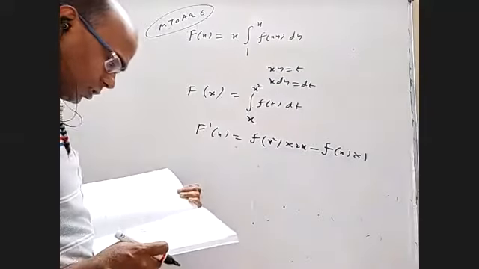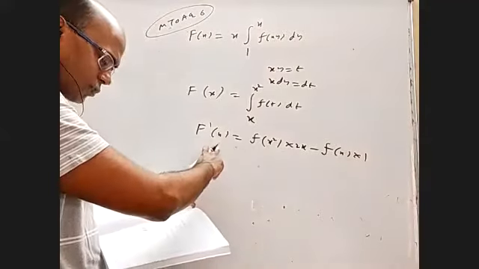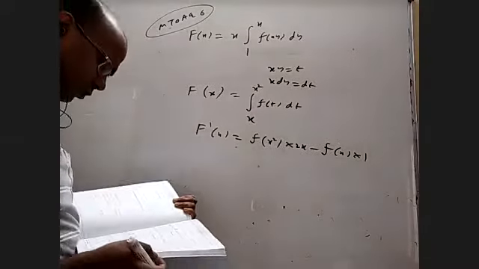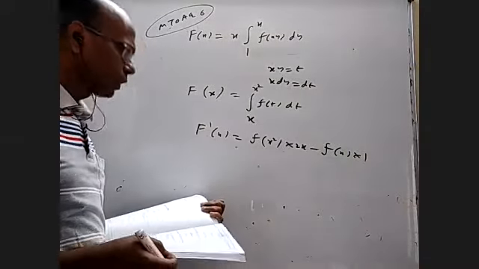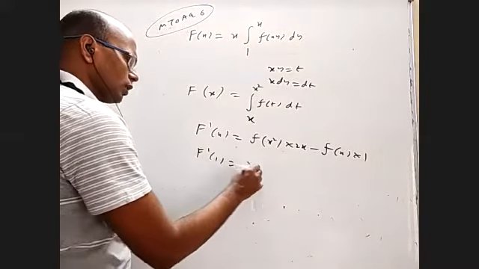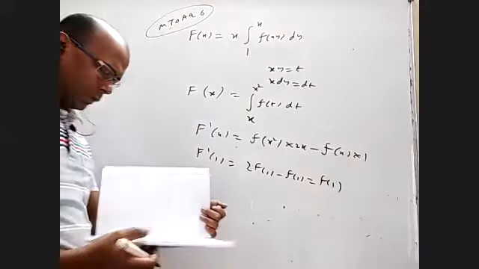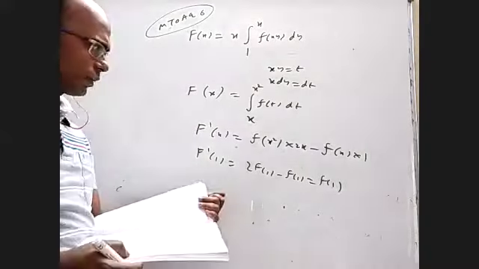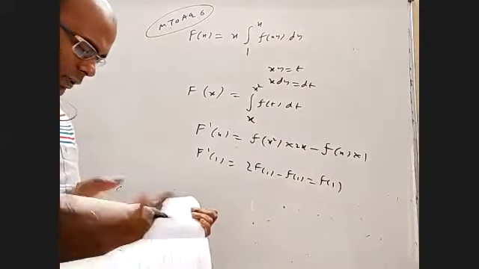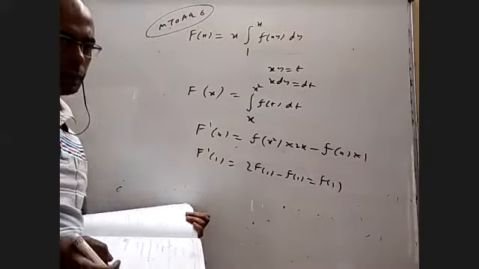F dash x is discontinuous at x equal to 0. So f dash 0, we will get minus f of 0. No problem with discontinuity anywhere. f dash 1 is f of 1. That's okay. F dash 1 is 2 f of 1 minus f of 1, which is f of 1. So B is correct, C is correct, and f dash 2 we cannot find because 1 is f of 4 and 1 is f of 2. Data is not sufficient to tell anything further. So the key should be only BC, not E.